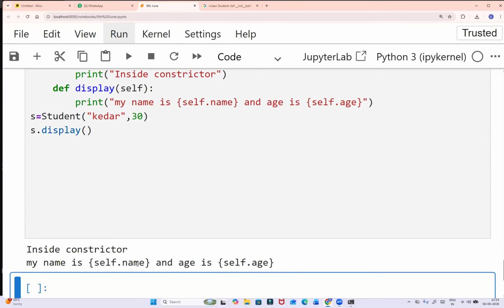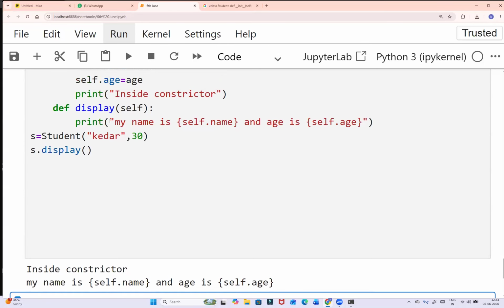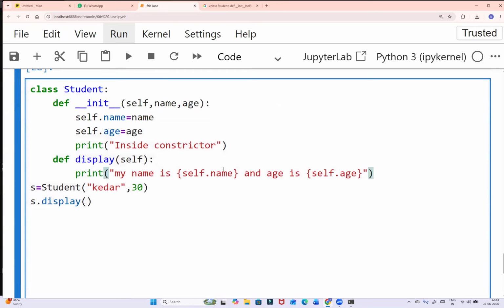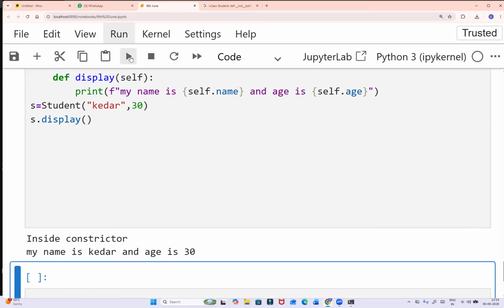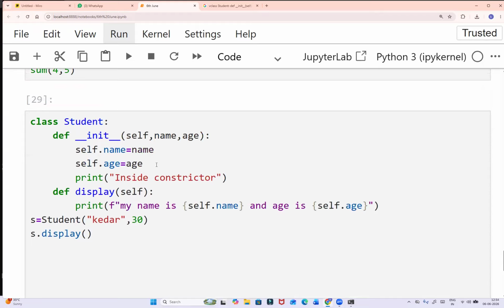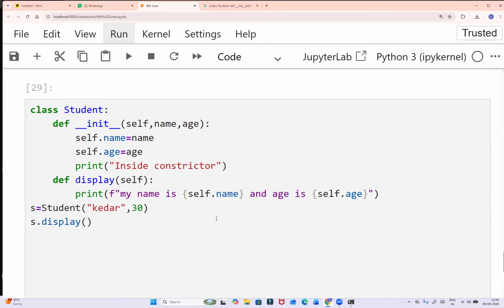It is telling my name is self dot name and age is self dot age. So what should we do? Format, yes. So f. My name is Kedar and age is 30. So whatever we were doing until today, like passing values to a function and directly printing, now we are doing